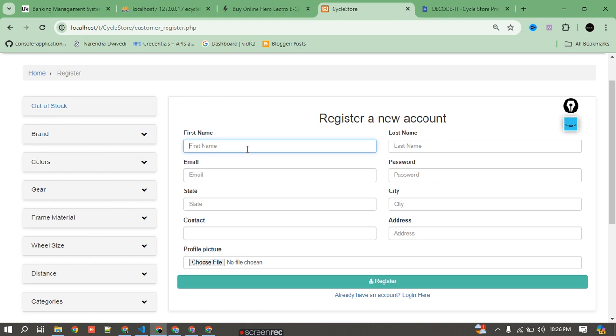I have to enter the correct name and the correct phone number. The phone number will be used to send an OTP while doing a payment, so just use a correct phone number. Like I am using my name,